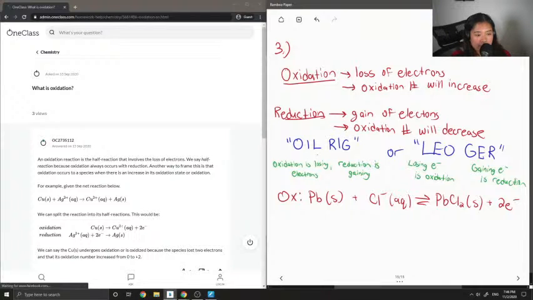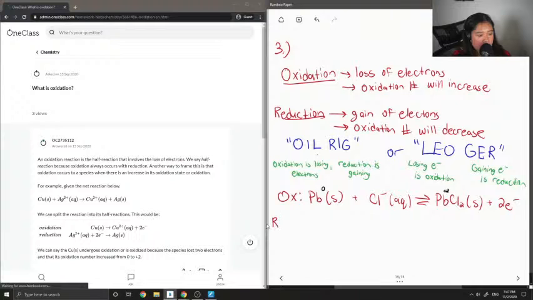If we base it on the lead, it starts off with an oxidation number of 0. The chlorine has a -1 oxidation number. When it is in a compound with the chlorine, its oxidation number is +2, and that's because each chlorine has a -1 charge. So you can see that the electrons were lost,